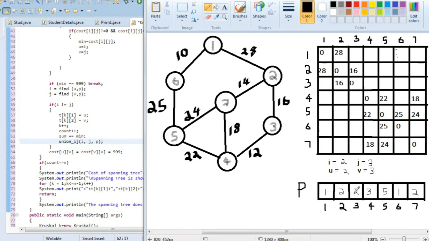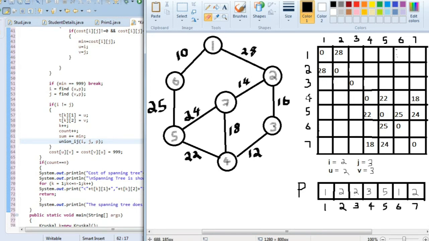We have written here 2. Then we'll be making the cost adjacency matrix of. Then we will be making the change in the matrix. This is the edge which we have selected with 16, so this will also become 999. And after this becomes 999, the next one we will find out the minimum, which we find here as 18,